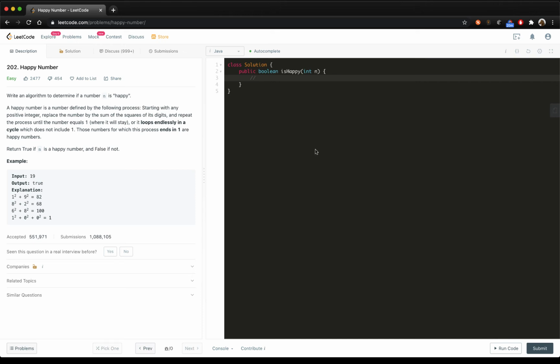Hello guys, let's see a happy number problem today. Our aim is to see if the number is happy. And the way to see is